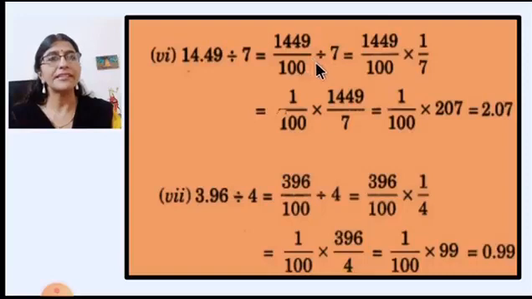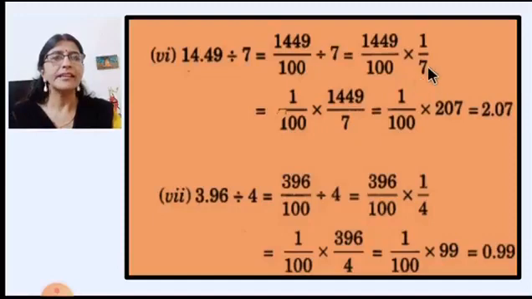Now we have learned this before. When division is there, we can write multiplication. But the number which is after division will change, you have to write that in reciprocal form. So the same method we are going to follow. 1449 upon 100 as it is we'll write. This division will change to multiplication. And this 7 can be written as 7 upon 1 also if you want. And then we'll write the reciprocal form of this number. It will be 1 upon 7.